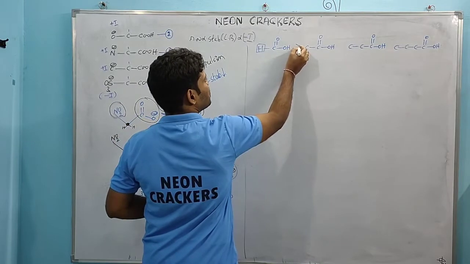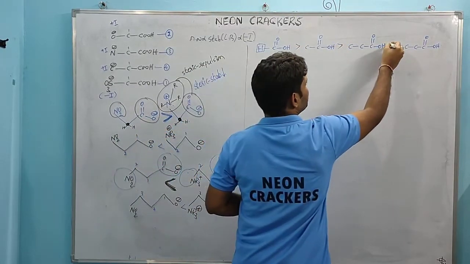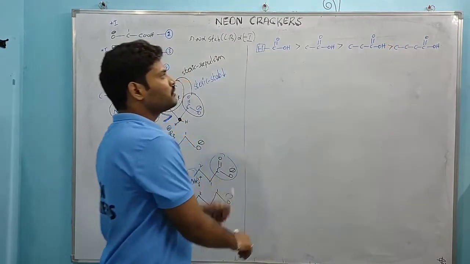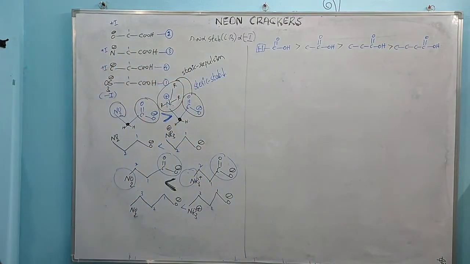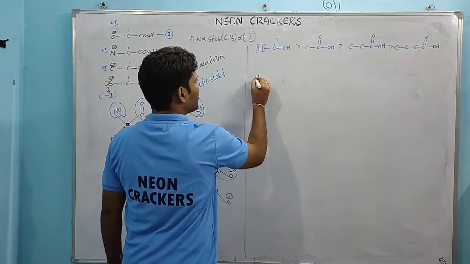So that's why formic acid is greater than acetic acid. Acetic acid will be greater than propanoic acid. Propanoic acid will be greater than butanoic acid. So this is the acidic range of normal carboxylic acid. And one more point here, in between formic acid